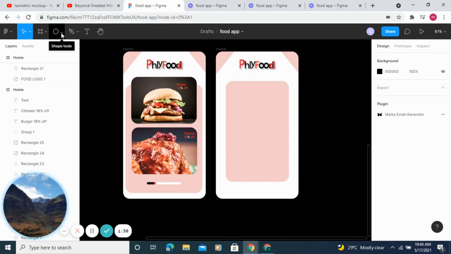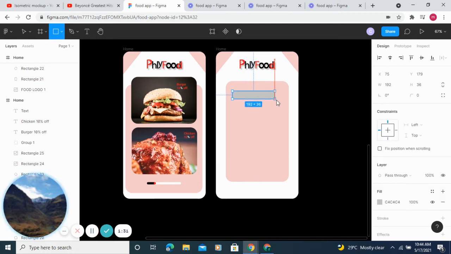So the next thing I'm going to do is to bring out a rectangle. So I'm going to draw out a rectangle. So what I'm going to do is to